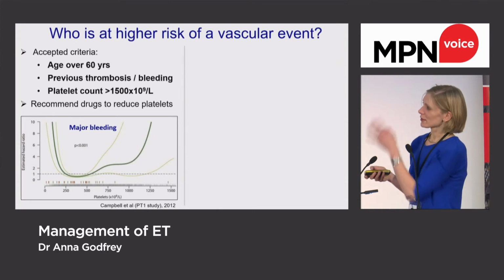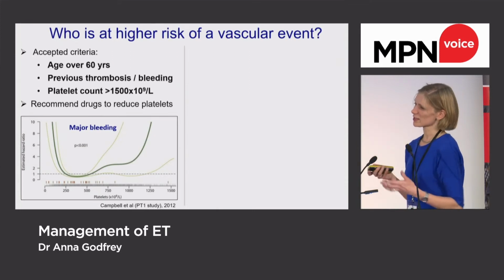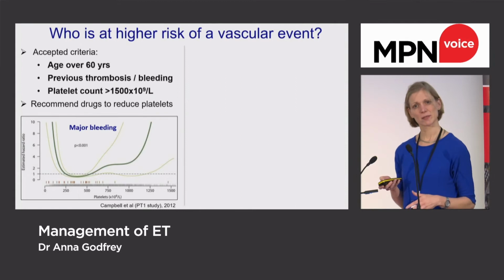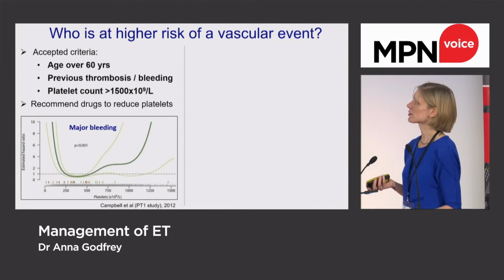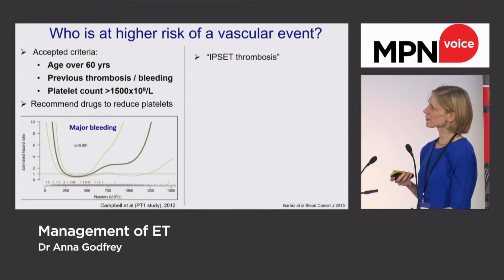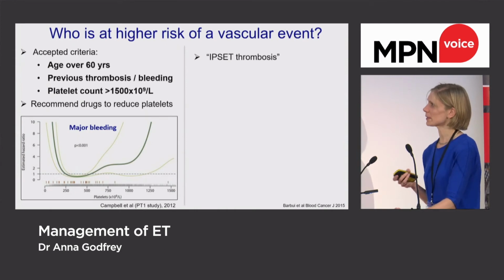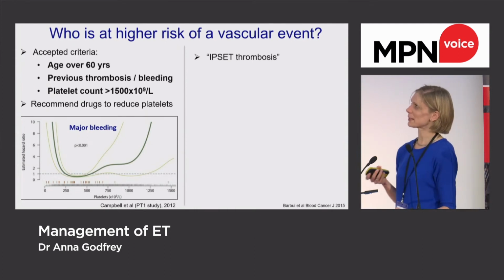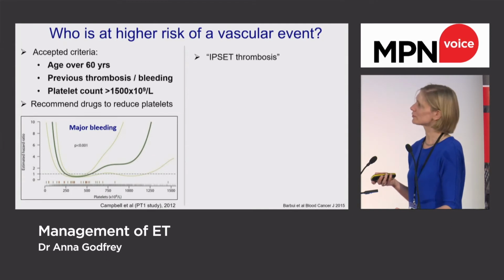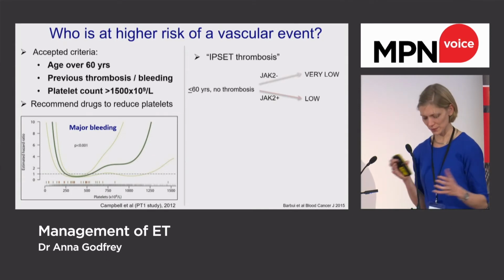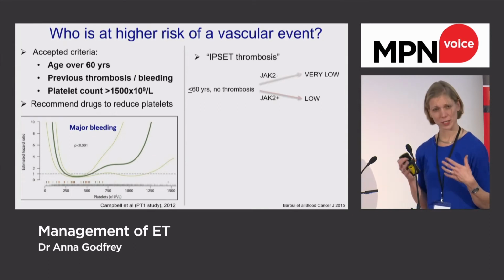Can we do any better than those factors? Well, there have been some other suggestions as to risk factors that we might take into account. And I mentioned JAK2 mutations earlier. So there's another score that's been brought out called the IPSET thrombosis score. In case people have read about this, this subdivides people further according to whether they have a JAK2